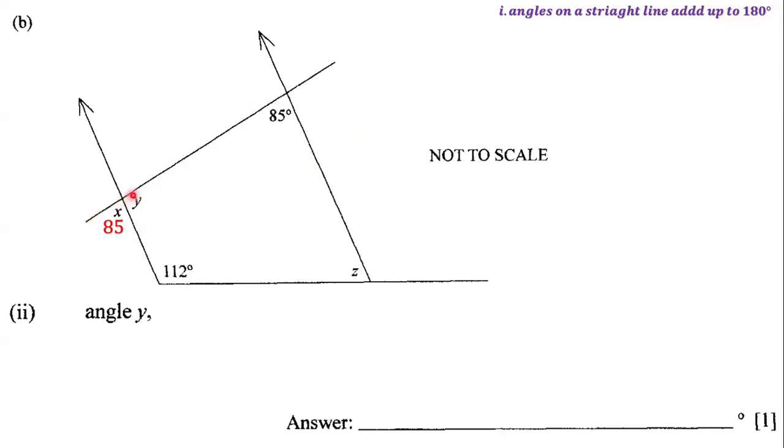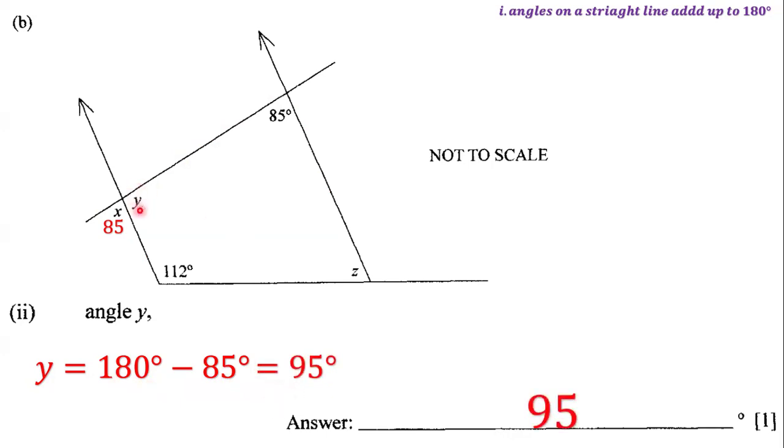Notice that here we have two angles on a straight line. Here we have angle X, we have angle Y, and they are on a straight line at a common point. Indeed, angle X and angle Y must add up to 180 degrees according to this useful geometrical rule, which means that to determine the size of angle Y, we're going to say 180 degrees minus 85 degrees, and 180 minus 85 is equal to 95 degrees,